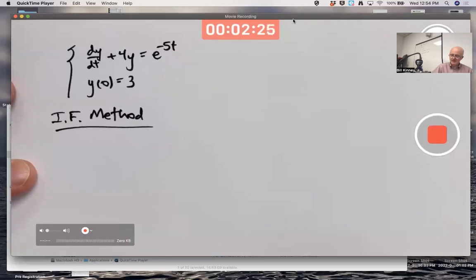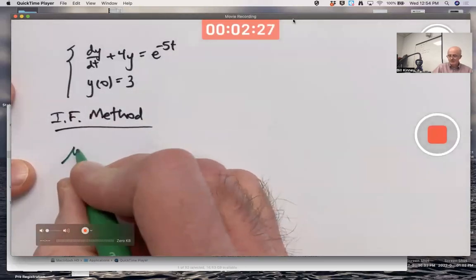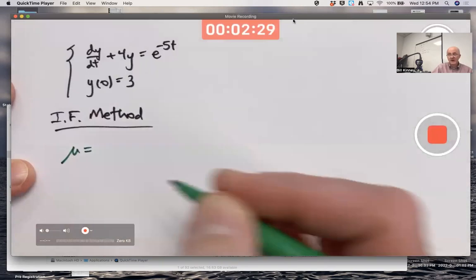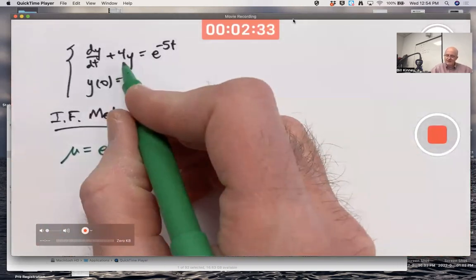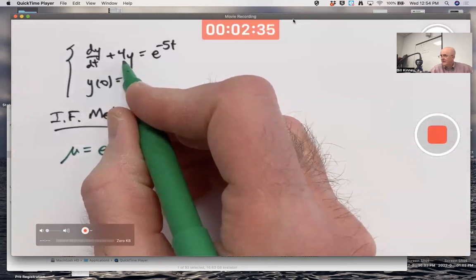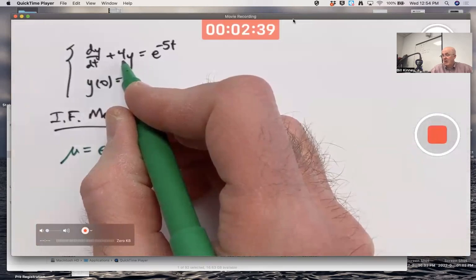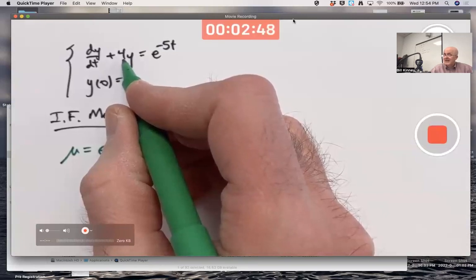With the integrating factor method, we need to find an integrating factor, typically called mu. It's a function of t. It's e to the integral of whatever expression is in front of the y when you write the differential equation in this form. It's a constant function there, just 4, but it doesn't have to be. Of course, it's easier when it's constant, but the integrating factor method works even if that's not a constant function,